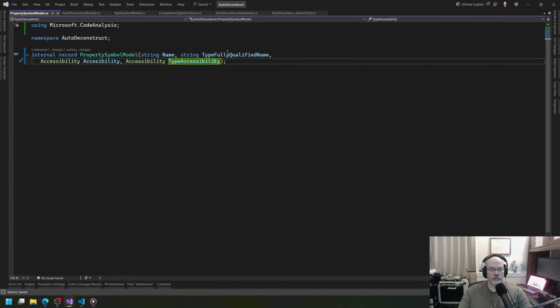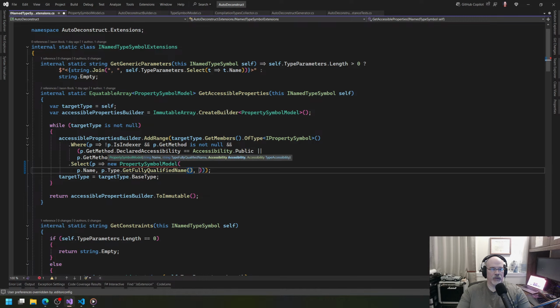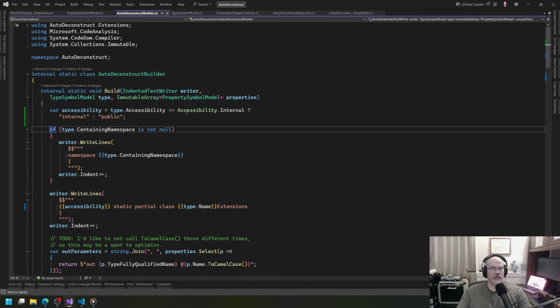Okay. And now that should cause a break here. I wish you would have remembered what I typed before. We want the properties accessibility, declared accessibility, and we want the properties type declared accessibility. And so now that we're building it, we want to say, is the type this,